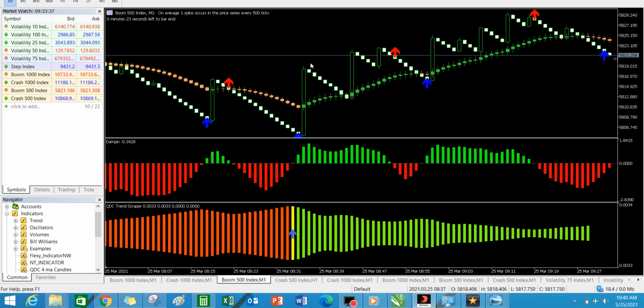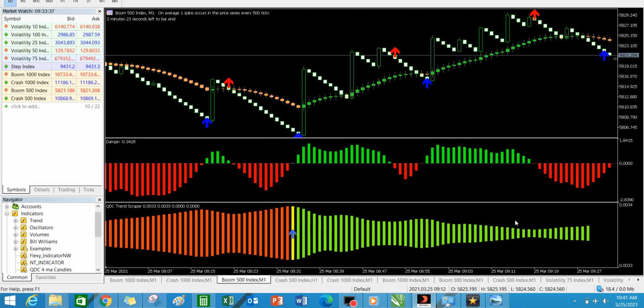Boom 500 is presently on an uptrend. Of course, it is trying to reverse back a bit here because it broke this support level, but we might be experiencing a spike around there because it is around this support level. Okay, so